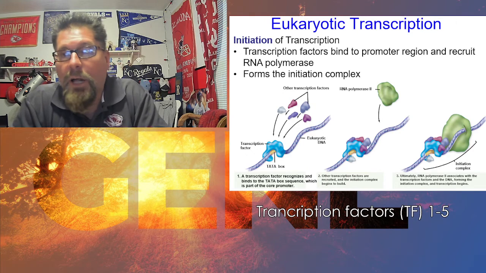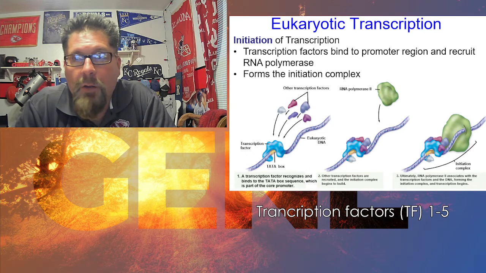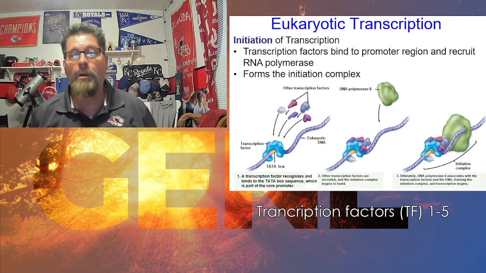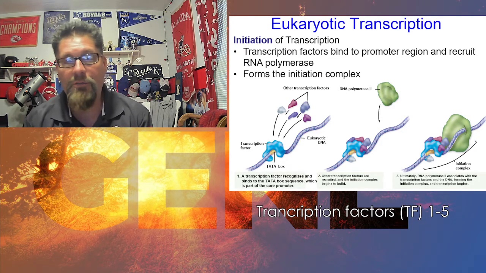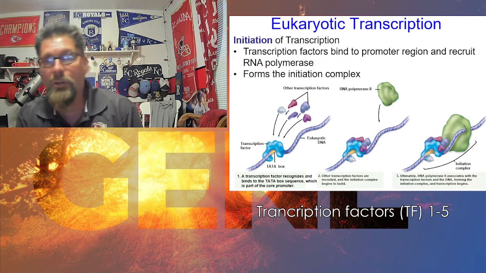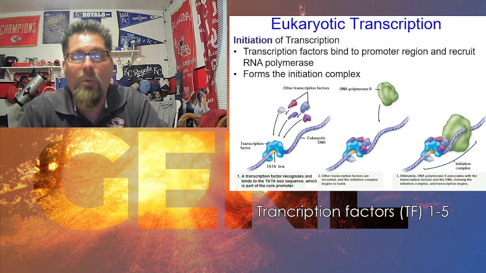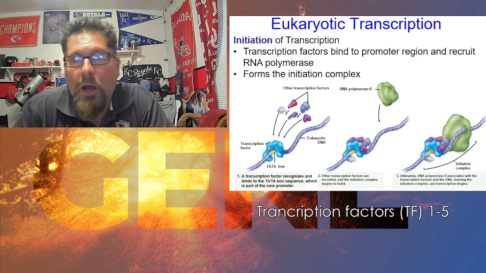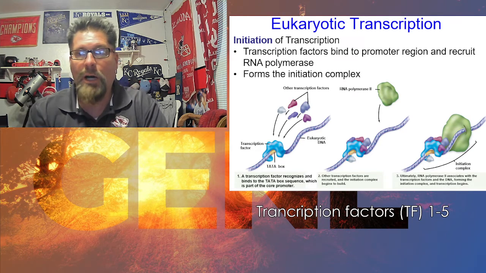Now, when I mentioned there was a lot of components that go into part of this, the initiation process is done after several things do all their pre-work and get things prepared and set up. But you've got your transcription factors, which are part of the initiation complex. And by complex, we mean just setting up all the workers attached to the RNA strand kind of in one general area to get things started. And each transcription factor will have a different kind of job or task, but it's all designed to get everything ready